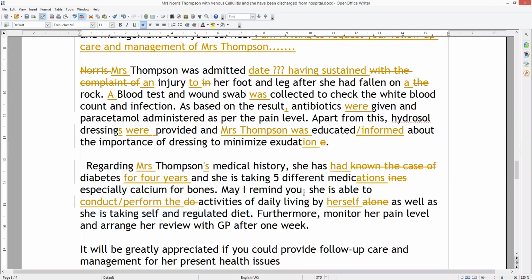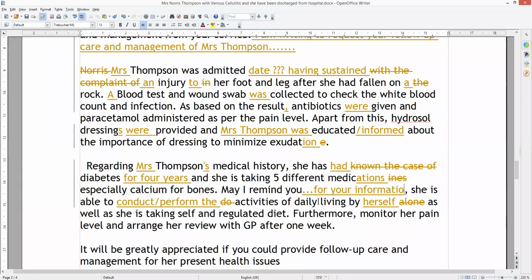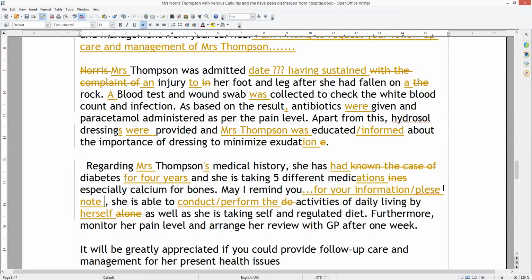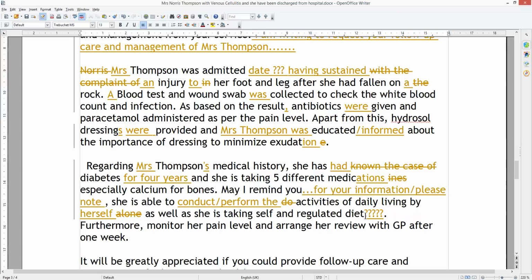Yeah. So these notes, I have one of those. But you see why I don't like this, may I remind you, because that implies that you have already communicated and told her this, and you have forgotten and you're being reminded. But that's probably not the case. So for your information, please note, blah, blah, blah, as well as she's taking self-regulated diet, no idea what that means. Furthermore,